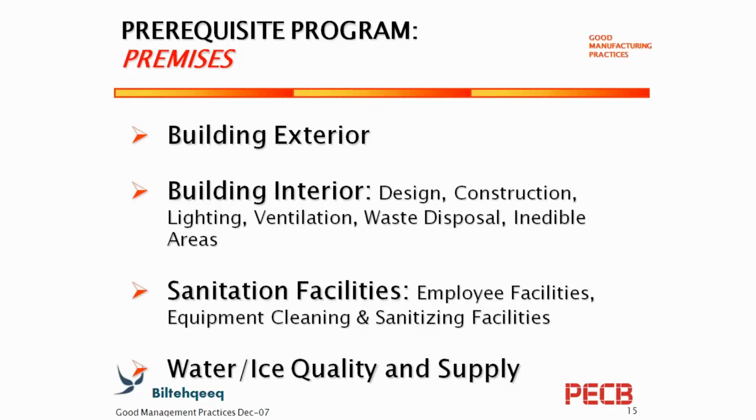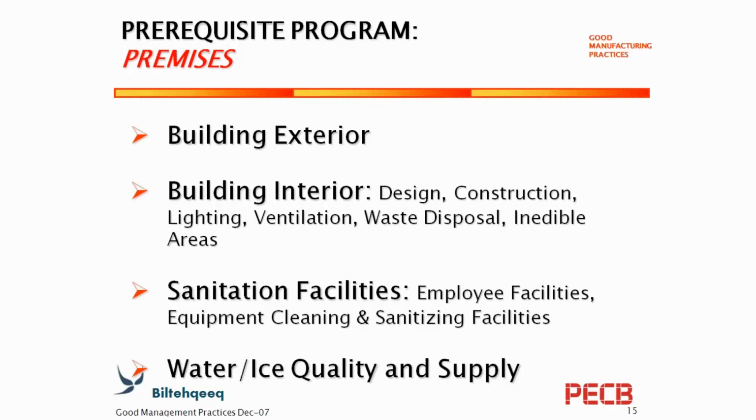The color you are selecting, the design you are selecting, the material of the construction you are selecting, the lighting you are selecting, the ventilation arrangement you are selecting, the waste disposal arrangement you are managing. They should all comply with the requirement of the food industry,